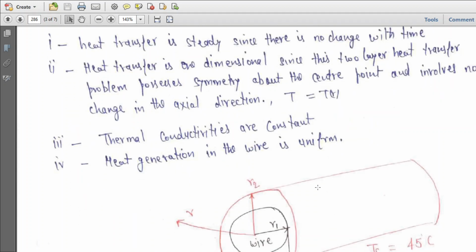So these are the assumptions or conditions we have. Heat transfer is steady state since there is no change with time. Heat transfer is one-dimensional since this two-layer heat transfer problem possesses symmetry about the center point and involves no change in axial direction, so T is purely a function of R. Thermal conductivities are constant. Heat generation is in the wire